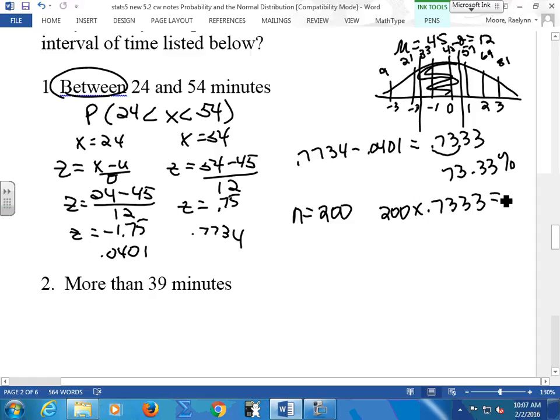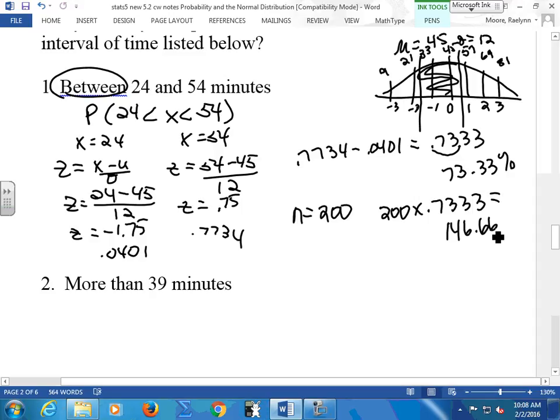Okay, and remember to round. I don't know if I have this one. Let's see what 200 times. Okay, so